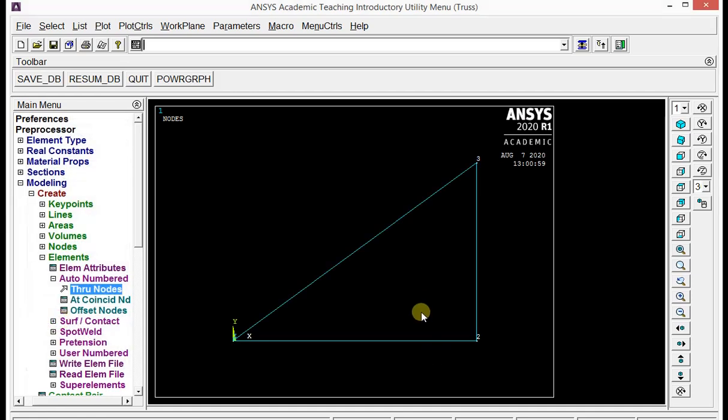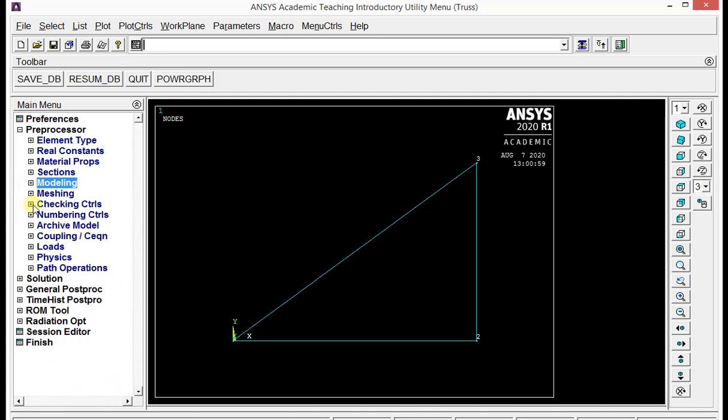If we have different elements and different cross sectional area, then we need to change element and area by clicking on the element attributes. As we have the common area and common element, we directly connected all these nodes with the elements. Now minimize this modeling and go for applying the loads.